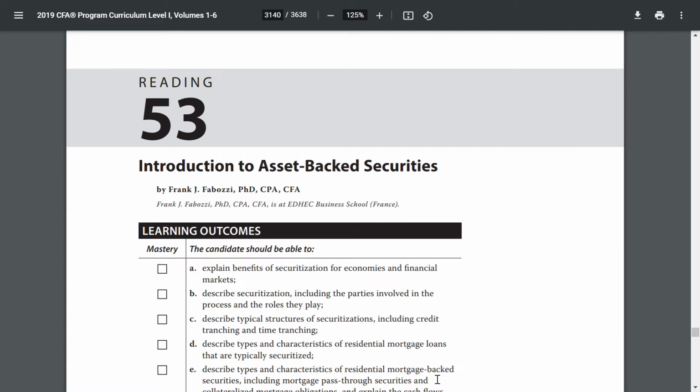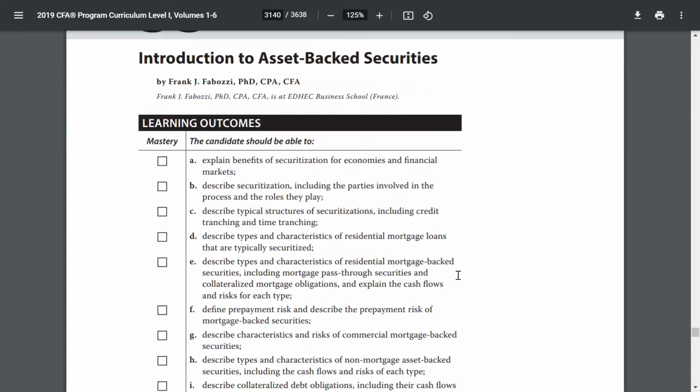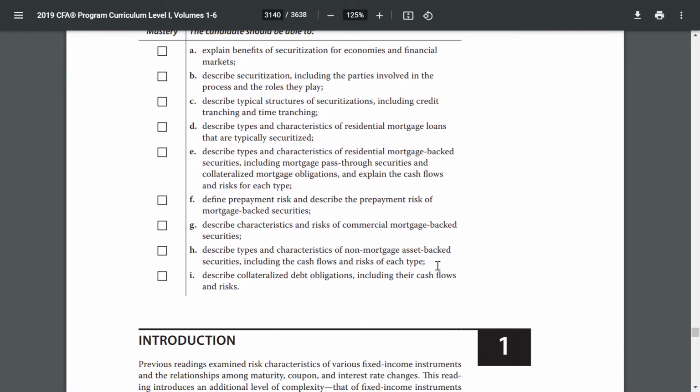Reading 53, Introduction to Asset-Backed Securities. Learning outcome: the candidate should be able to explain benefits of securitization for economies and financial markets, describe securitization, including